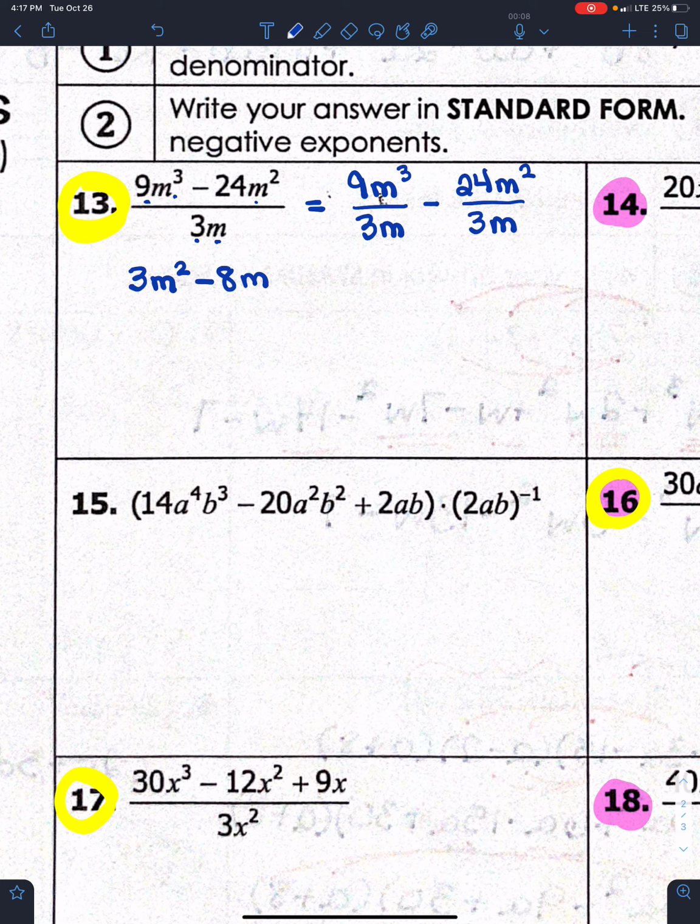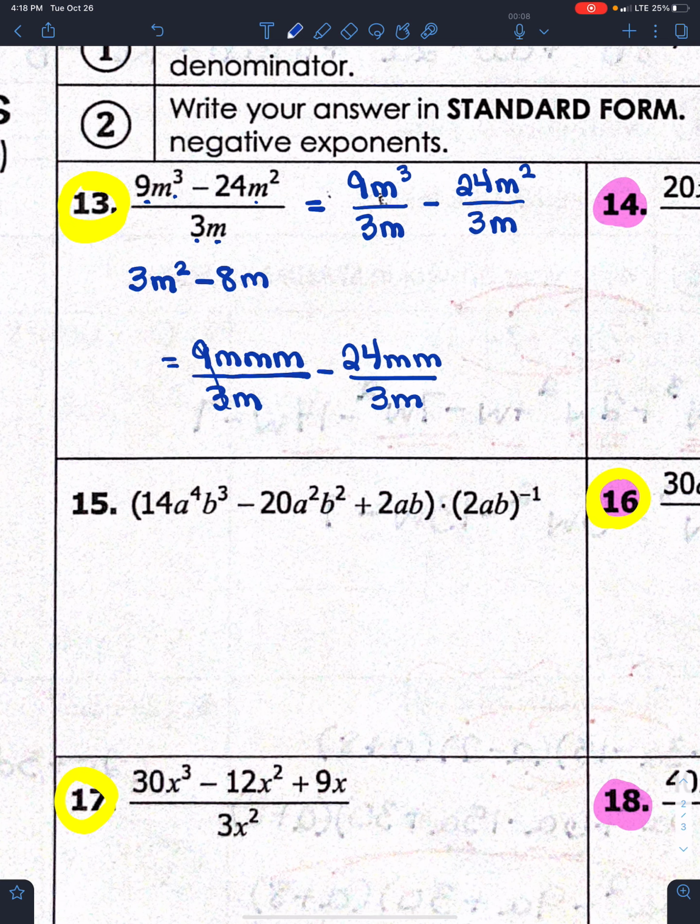Still, another way to look at that would have been 9m times m times m over 3m minus 24m times m over 3m. Looking at it this last way that I just wrote might help because 9 divided by